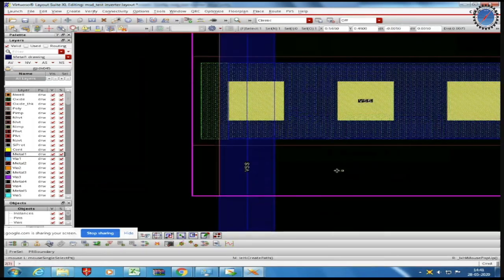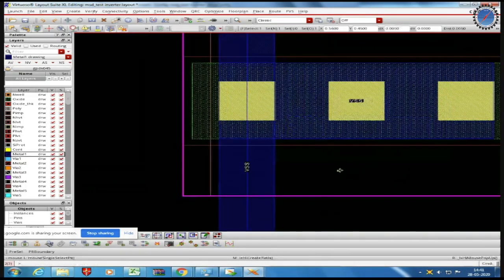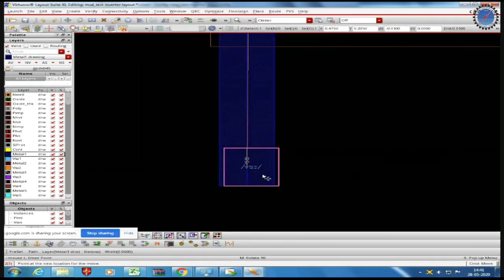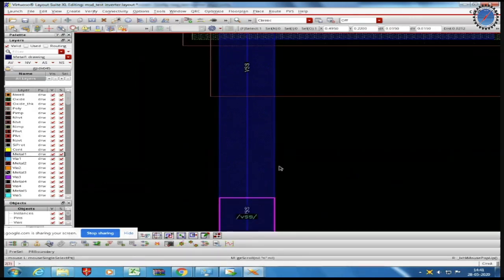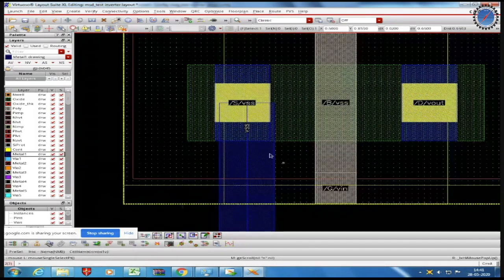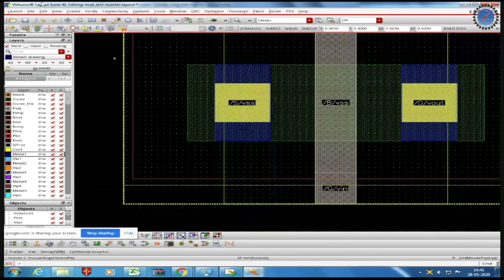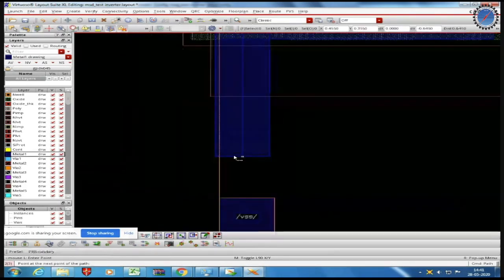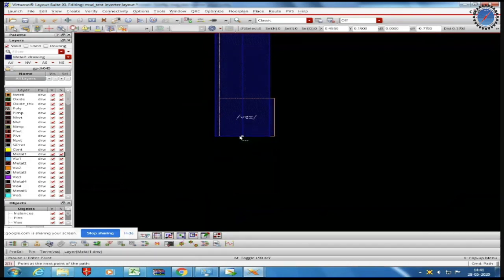Make sure it is properly aligned. So this connection ensures that the source of NMOS is connected to VSS.